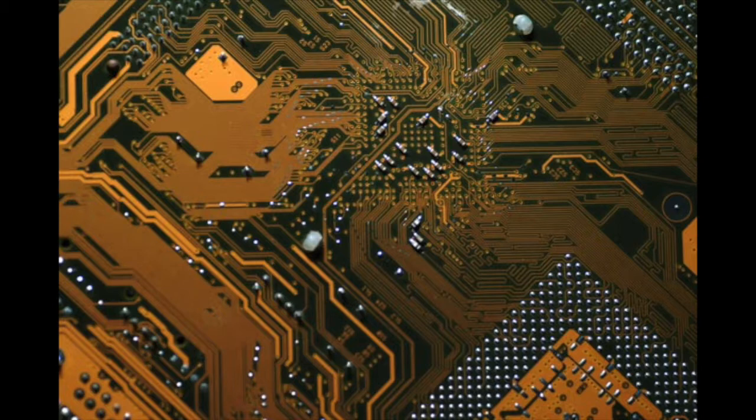SCP-003, Object Class Euclid. Special Containment Procedures. SCP-003 is to be maintained at a constant temperature of no less than 35 degrees Celsius and ideally kept above 100 degrees Celsius. No living multicellular organism of Category 4 or higher complexity may be allowed to come into contact with SCP-003. In event of total power failure, if